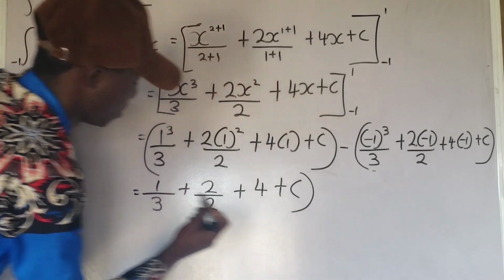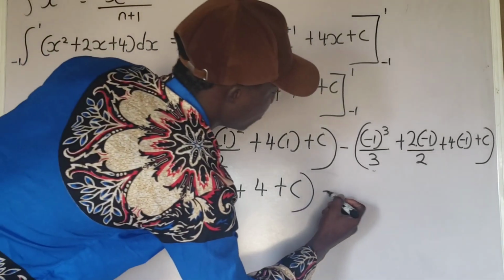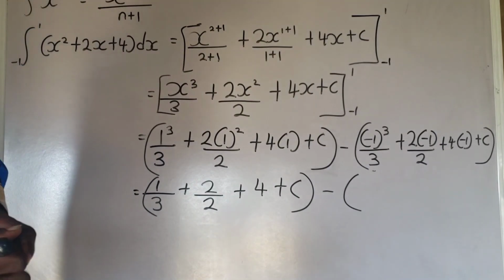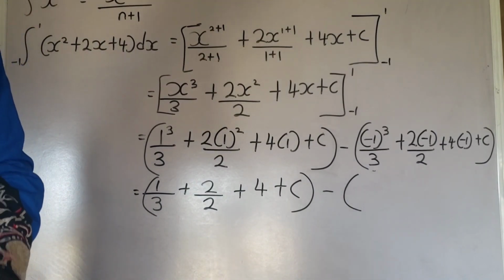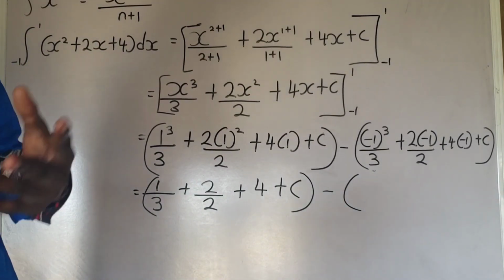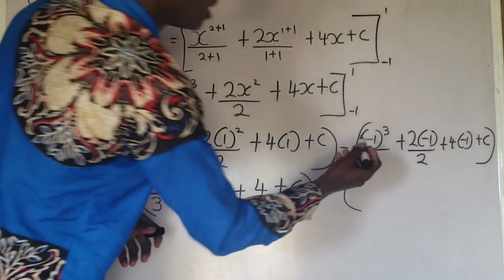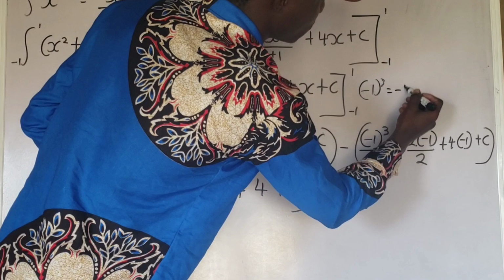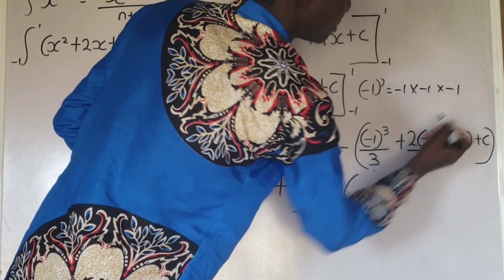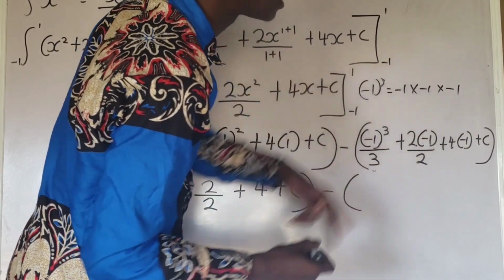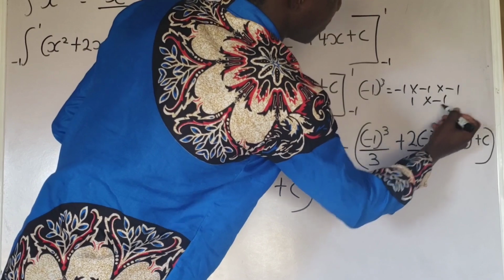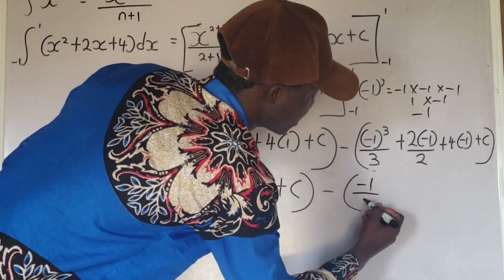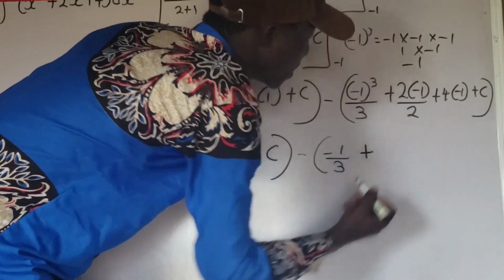Okay, negative 1 raised to the power of 3. Negative 1 times negative 1 is 1. 1 times negative 1 is what? Negative 1. Pay attention. Negative 1 raised to the power of 3 equals negative 1 times negative 1 times negative 1. Negative 1 times negative 1 is 1, and 1 times negative 1 is negative 1. You understand? So I'm going to have negative 1 all over 3 plus